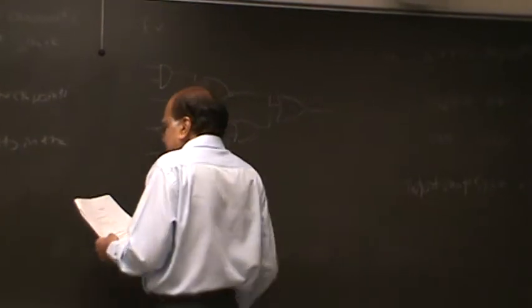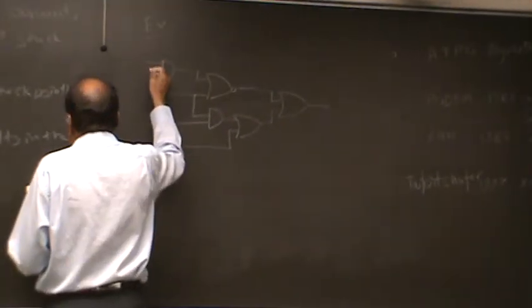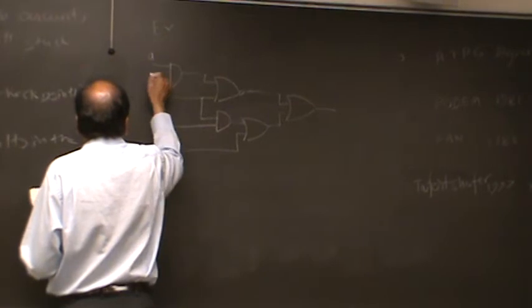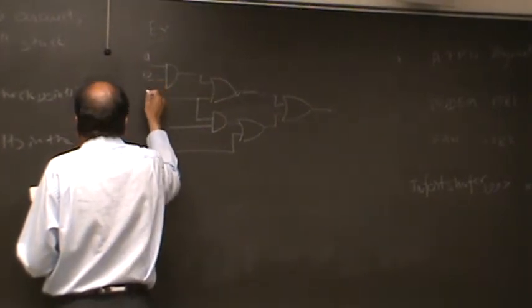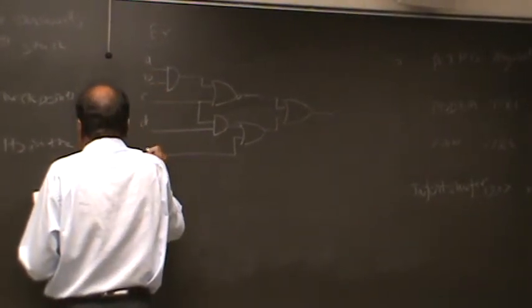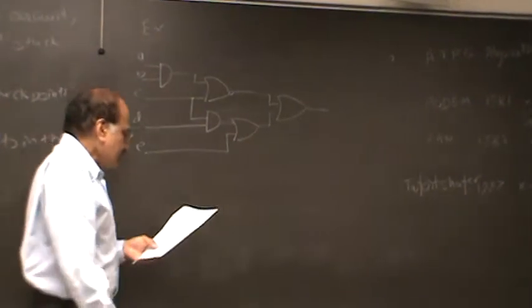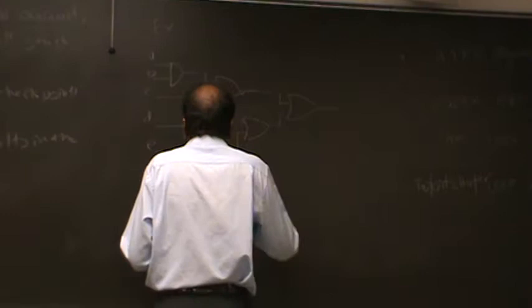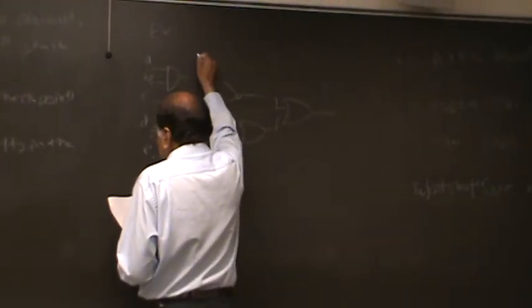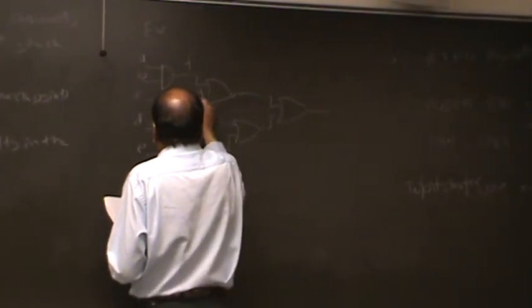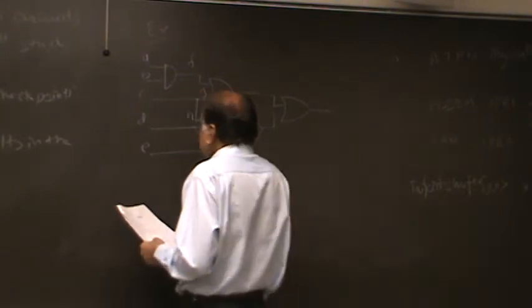So as long as you can see, I guess this AND gate looks a little too small, but probably doesn't matter too much. Let's give these lines some names. How about A, B, C, D, E? These are the primary inputs. And notice that here, lines G and H